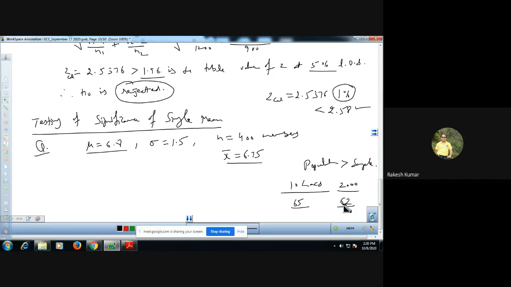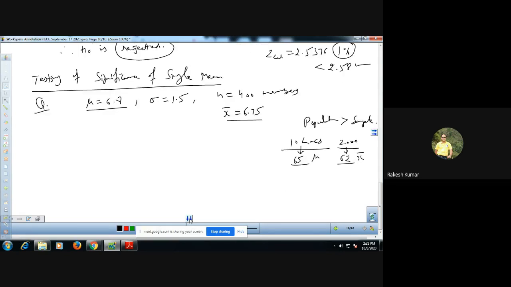So this is the average of the sample and this is the average of the population. This mean is x bar and this mean is mu. So they are asking, is this difference significant? We cannot say that there is a negligible difference straight away. We should apply a certain test to check, because this is the case of a large sample. So it is very sensitive to check whether this difference is significant or not.